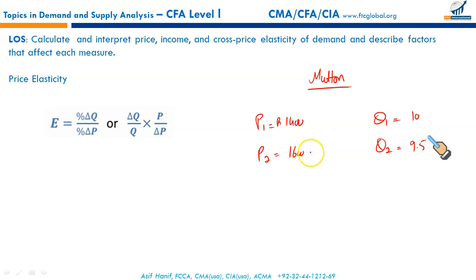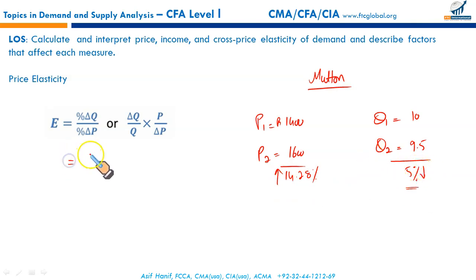Now let's do it the way we do, based on percentage. Here the change has been 200 based upon 1400 times 100. So the increase in price has been 14.28%. This is the increase in price. And it has caused a reduction in the quantity demanded by what percentage? Just 5%. So as you can see, there has been an increase in price, but the quantity demanded has fallen by very little, just 5%.